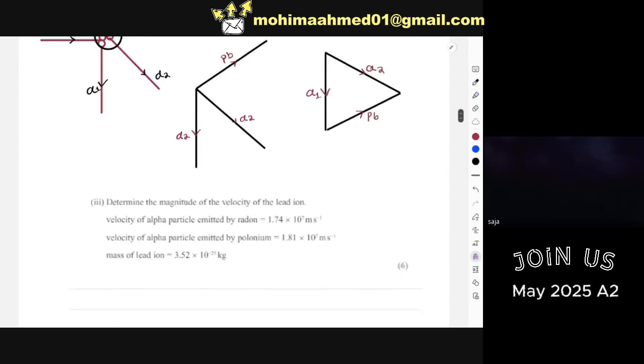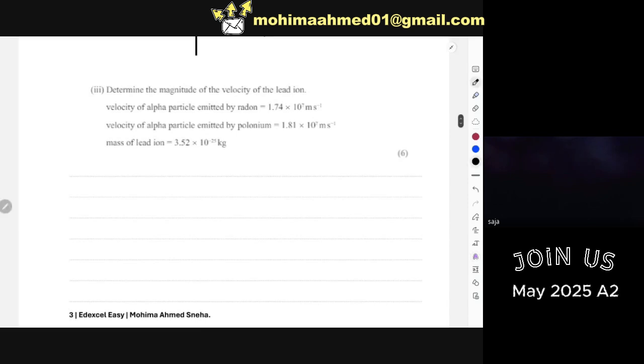As I was explaining, let's move on to this third part. Now over here, this is a 6 mark calculation, so you can understand this is actually the toughest momentum, angular momentum calculation. Over here, it says that we need to find out the magnitude of the velocity of the lead ion, and the given information is the velocity for alpha. This is alpha 1, from the radon, and from the polonium, it was alpha 2, right? So this is alpha 1, this is alpha 2, and also the mass for the lead ion is given, but the